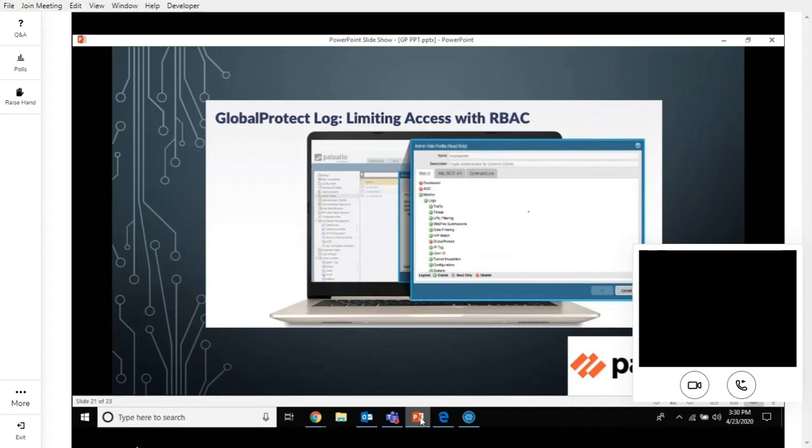Also, they have made enhancements in terms of role-based access control. Admins can now give rights to the Global Protect logs and reports based upon the role-based access control. So an administrator who has full access to firewall policies and the management